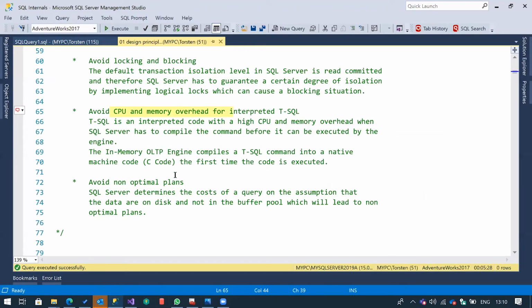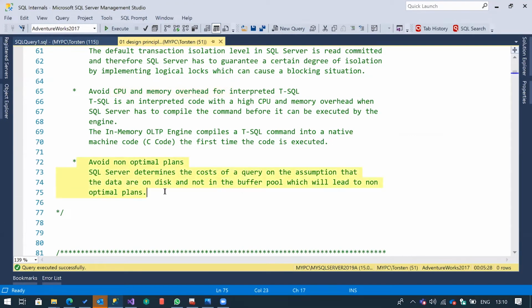Okay, let's go back. And there's something I would say is really worth mentioning, okay, this is a design principle. These are the design principles from Microsoft, right? So another principle or another reason to select in-memory OLTP is that whenever you have an interpreted stored procedure, not a natively compiled one,